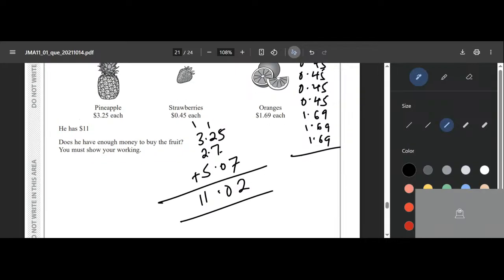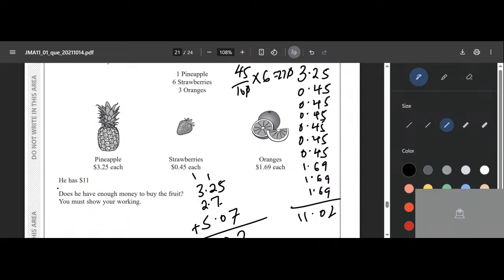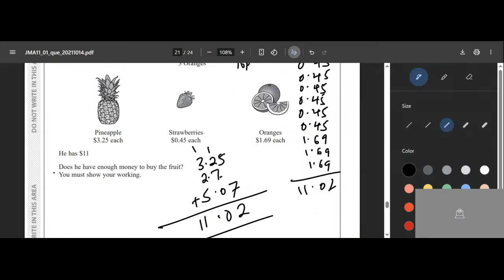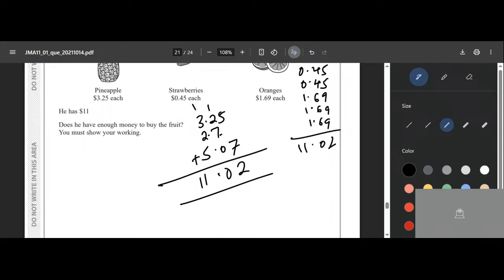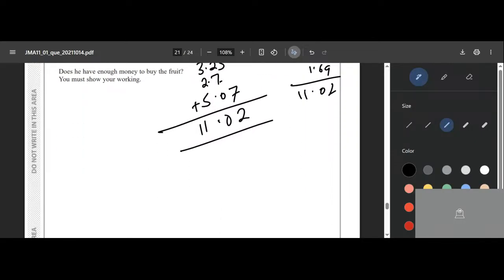So this is the total amount that Sadio is going to use to buy the fruits. So you get asked, he has $11. Does he have enough money to buy the fruits? So because it will not be enough, it's less with 0.2 dollars. You can see 2 pounds less. So you just say no, but you also have to write no,